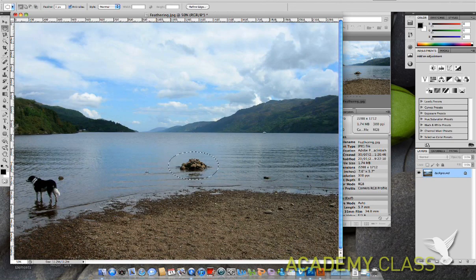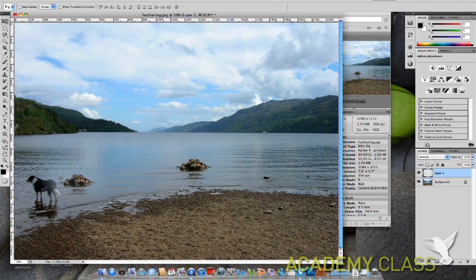Now, it still looks like a normal selection, but the key was that when you move this, and all I'm going to do is make a new layer of it. Command J gives me a new layer with the rocks. When I move the rocks, because I've got that soft edge, you can see there, I put them near the dog, or if I put them on the ground, you can see what that water looks like as its soft edge. The rocks are nice and crisp, the water's a bit soft and wispy,